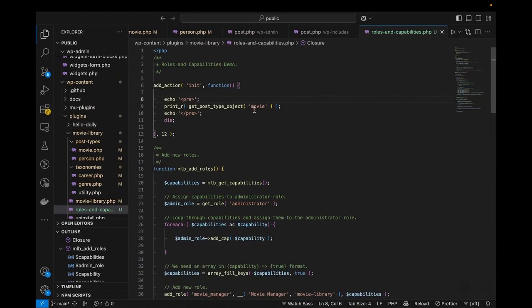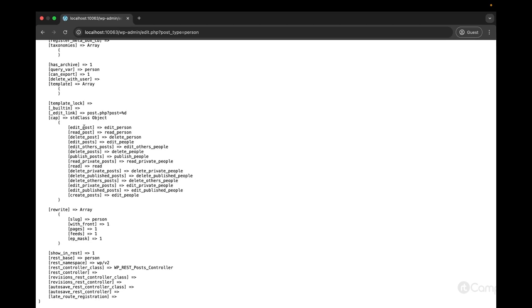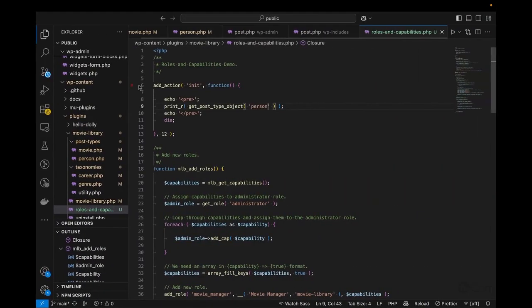Now, let's look at another example with the person post type. Here, the capability type is set to person for singular and people for plural. This creates capabilities like edit person, delete person, and publish people. These capabilities are mapped and used similarly to the movie post type. Moving on to the genre taxonomy,